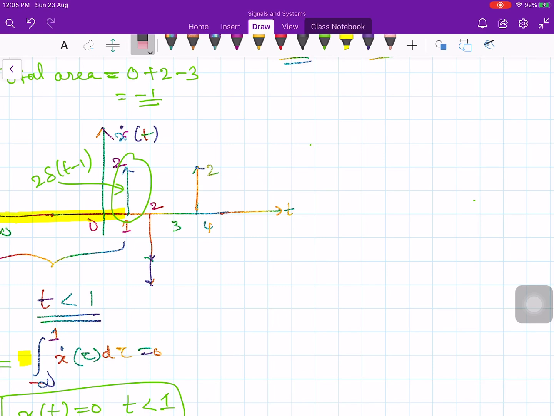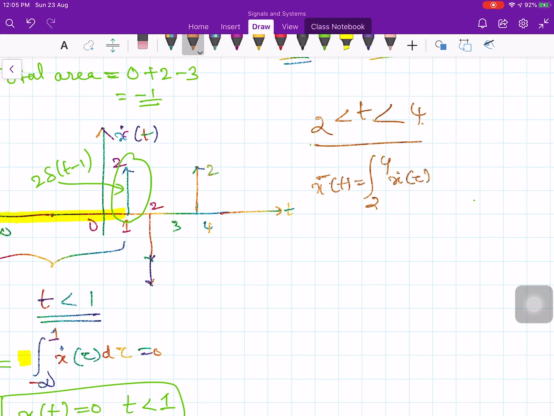Similarly, you can work on it. For 2 to 4, x of t is the integral of x dot of tau